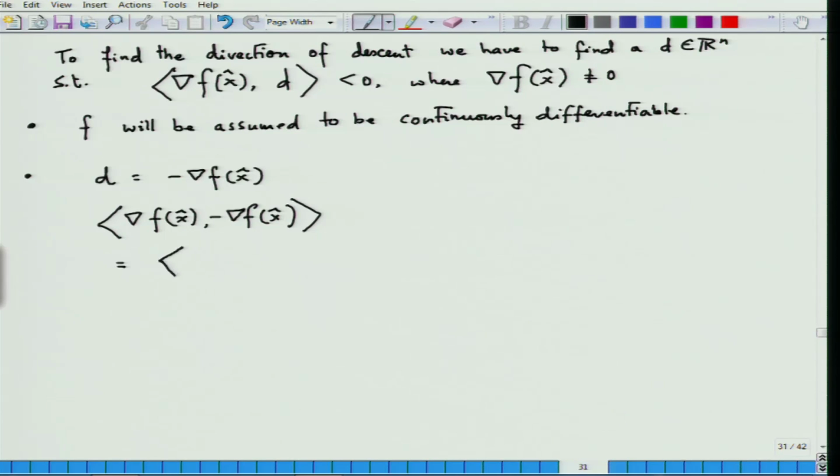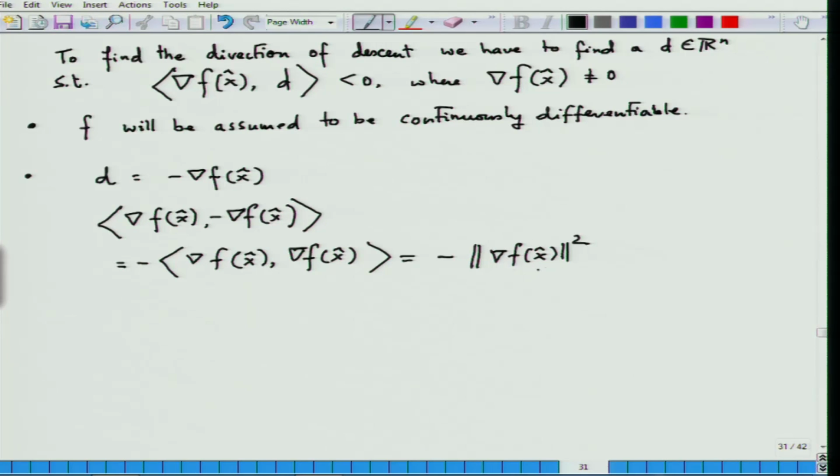So this is equal to minus of grad f of x hat into grad f of x hat, the inner product. This is nothing but the norm squared, and the norm, you know, is a positive quantity in this case because grad f(x bar) is not equal to 0. So this is strictly less than 0. So this direction d